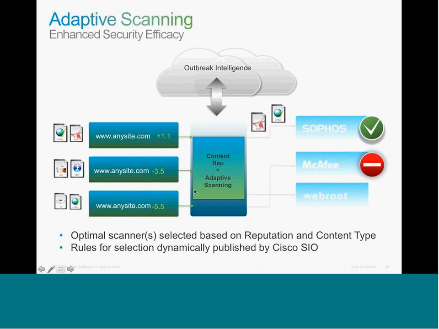So using the most up-to-date information, which again comes from our security intelligence operation in the cloud, we can have this outbreak intelligence on the appliance, know at any given time which engine is best suited to what type of content, and therefore just push the content through one engine and see if we get a positive or a negative outcome. So again, use adaptive scanning, and it has also minimized greatly